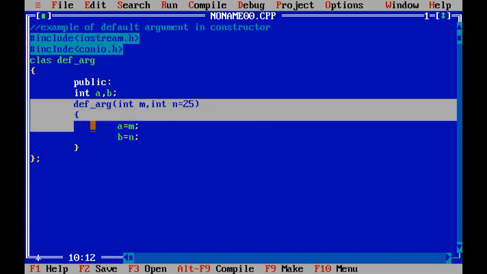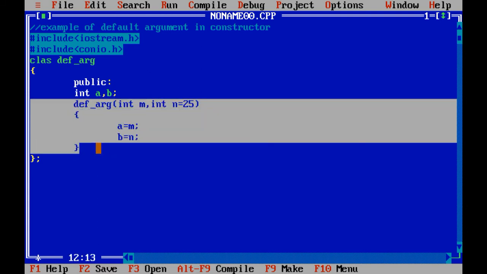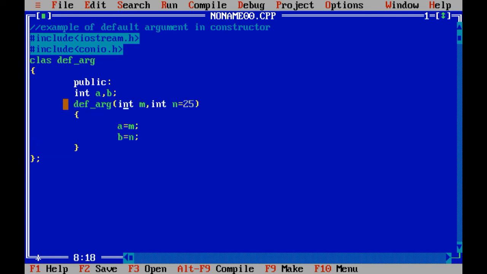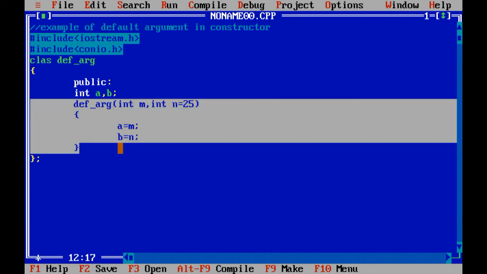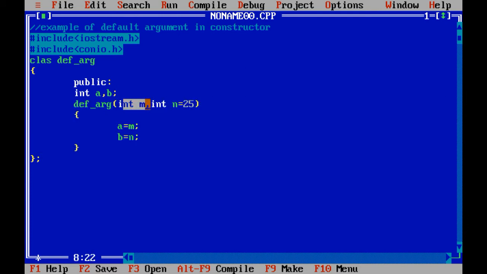So remember one thing, this is the parameterized constructor, and this parameterized constructor can be called in two ways. If I pass one value, it will be considered as the value of m, and if I pass two values, it will consider those values. If I pass a single value, it will be considered as the value of m, and the default value of n would be 25. Now